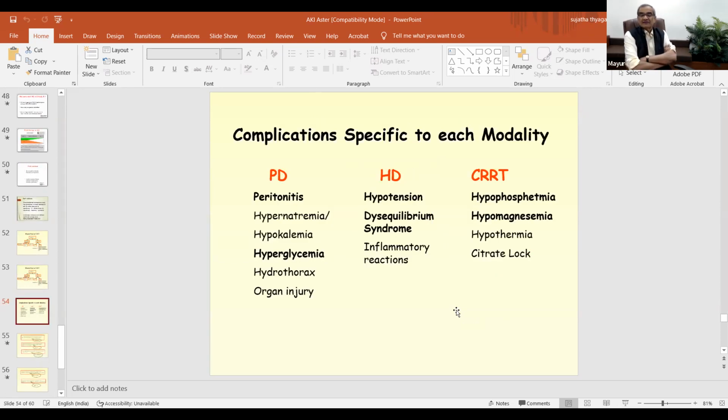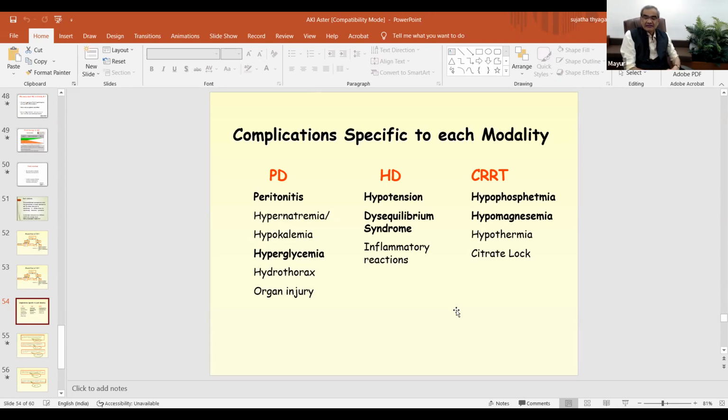And complications. I mean, AKI is such a vague, such a broad topic that one can go on talking on each aspect of it and the whole thing can go on for 2 days. But I'm trying to give you some points here and there which try to change your approach to patients with renal disease and develop an important team member of managing a child with renal disease.